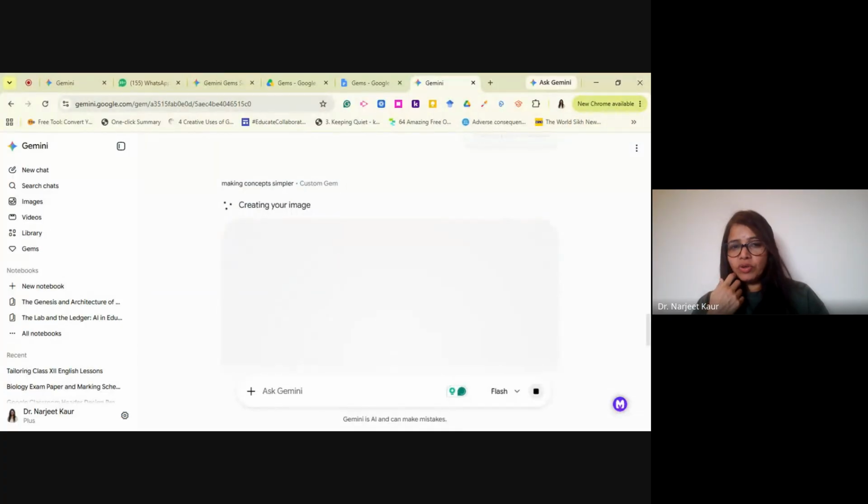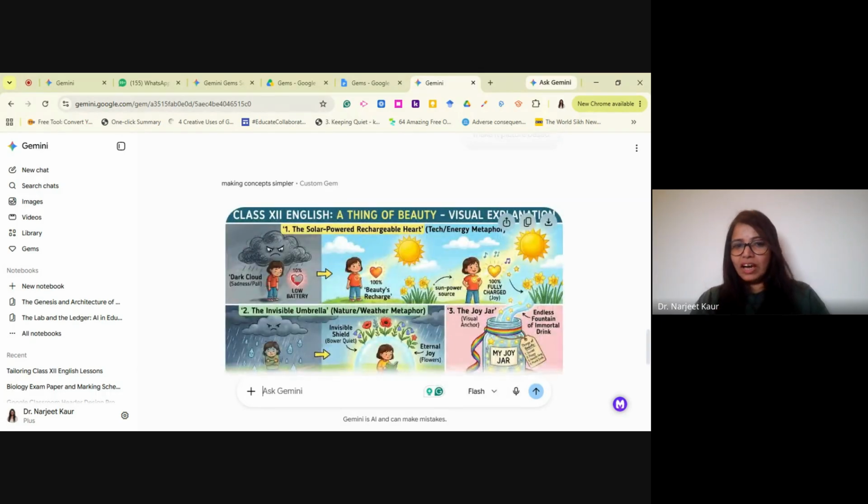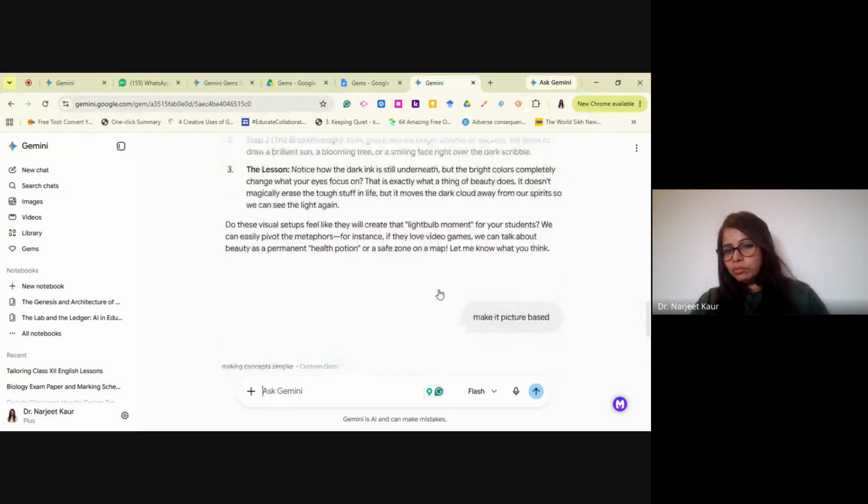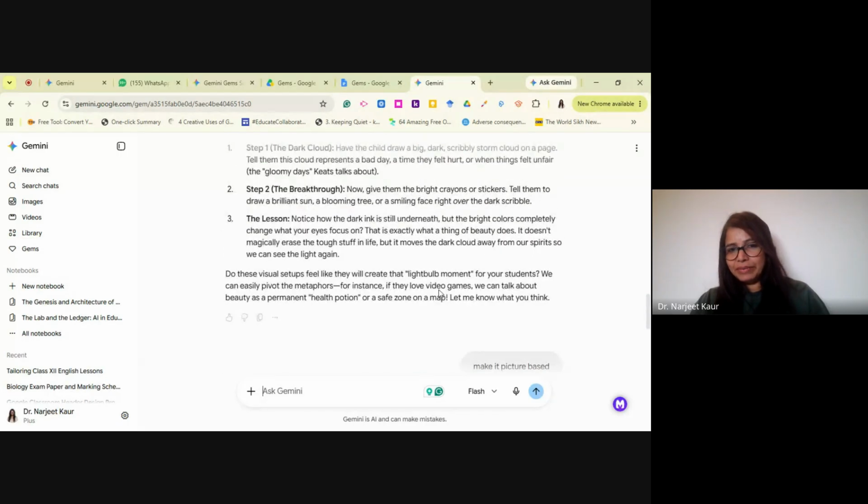Like Harpreet just showed, you can take it to the storybook thing also. I have been using it for a long time. You can create a story out of the lesson which you think is going to be difficult to understand. So this is one gem that we can use for senior school.